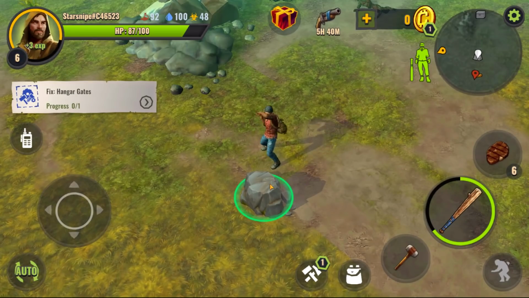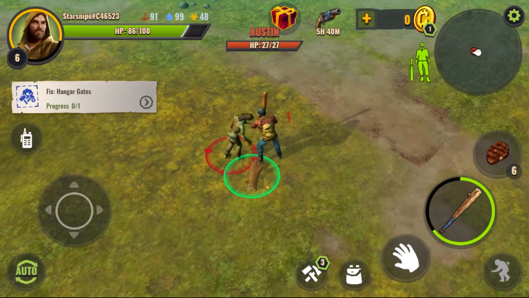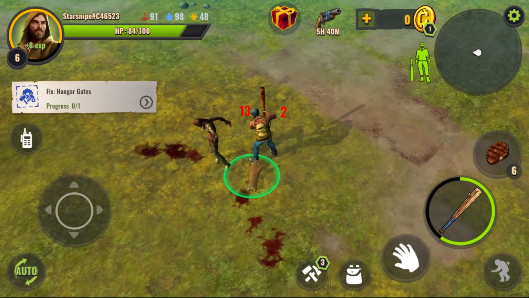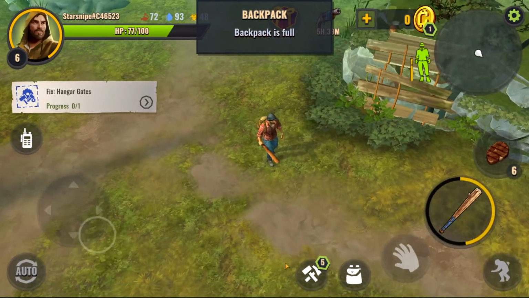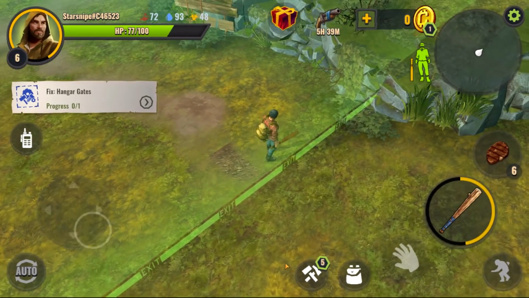Let's hammer up some rocks and continue our collection spree. Oh, hello, Austin, baby. Eat bats. Beautiful. He ate that bat real good, like a freaking all-you-can-eat buffet. And all right, the backpack is now full, which means we pretty much grabbed everything that we should be able